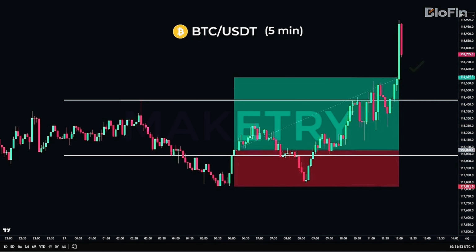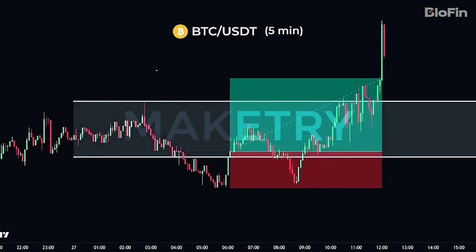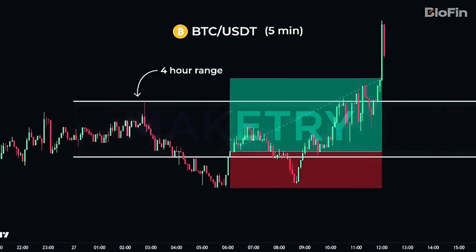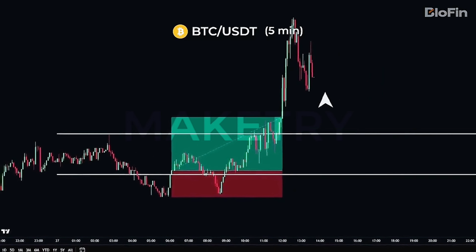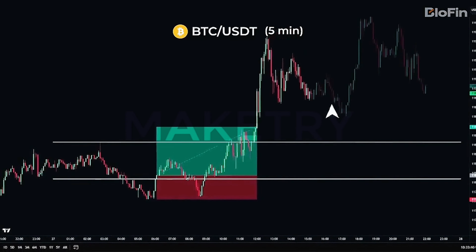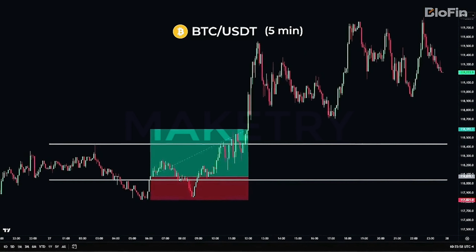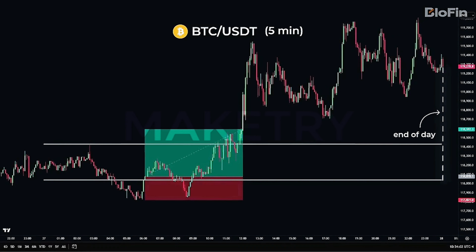Now keep in mind, as long as we're still within the same trading day as the 4-hour range we marked, we can still take more trades if another valid setup shows up. So, as we let the chart play out, we can see that price is trading well outside of our 4-hour range. However, it didn't manage to re-enter again until the end of the day. That means for this trading day there were no more valid entries to take. But even with getting just one trade today, it was a high-quality setup and we walked away with solid profits. Now that you understand how the overall strategy